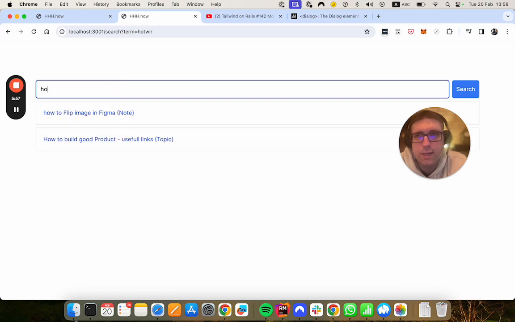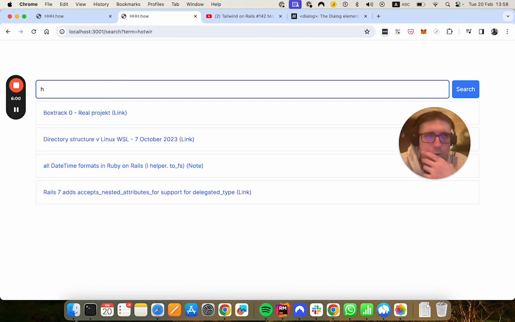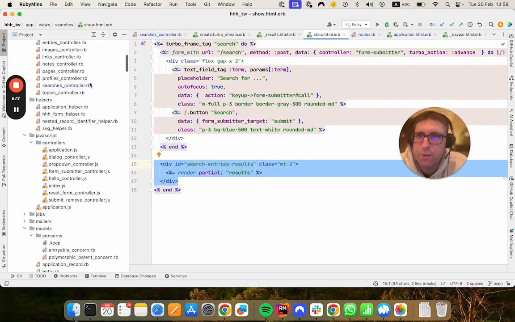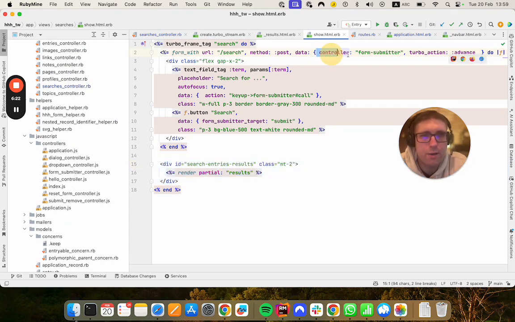Now, the reason why this auto typing works is, you may have thought, okay, he's sending requests each time he types a letter. That's technically true, but I'm not using JavaScript to do that. I'm rather doing this kind of trick that I really like and prefer. Forms. Whenever we have a form, inside the form we are saying, okay, we are going to use the stimulus controller form submitter, and inside the controller form submitter,